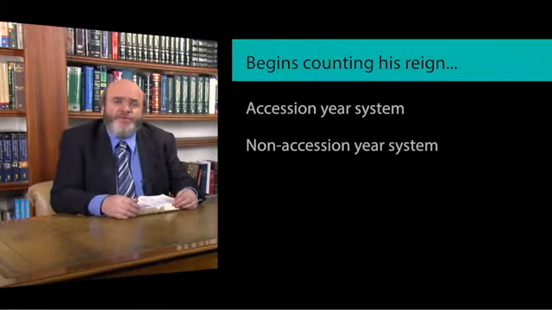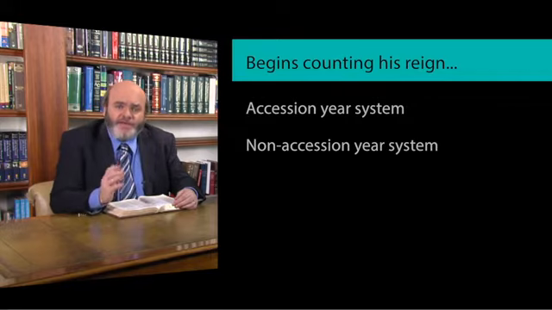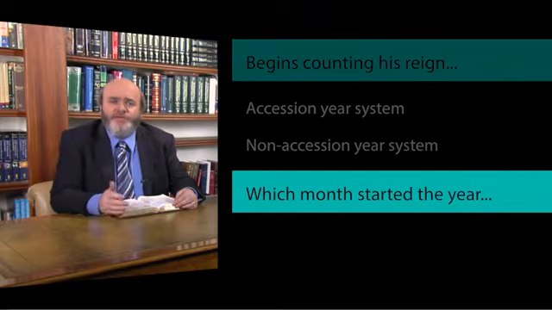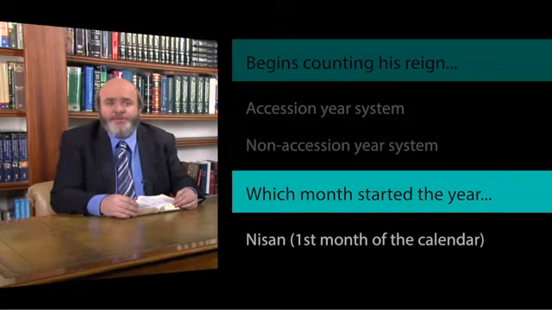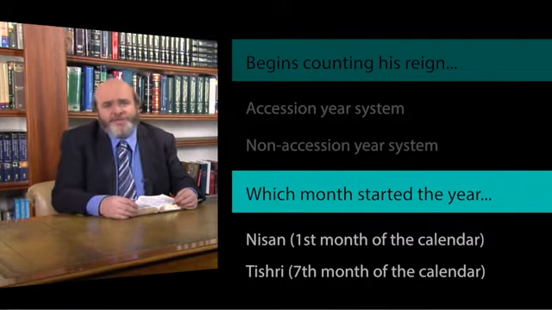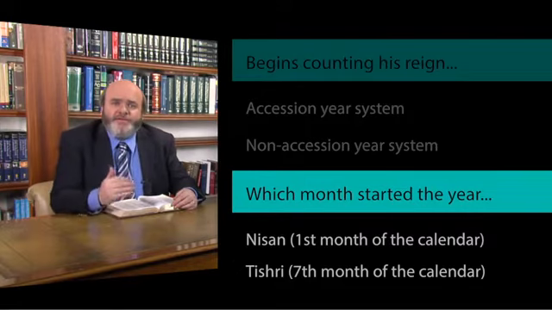The first issue we've looked at is when a king began counting the official years of his reign. The second issue we need to look at now is to ascertain what time of year was used for the start of regnal years. Again, there are two possibilities: Nisan in the spring or Tishri in the autumn, both of which are used as the starts of new years in different contexts. We find that certain